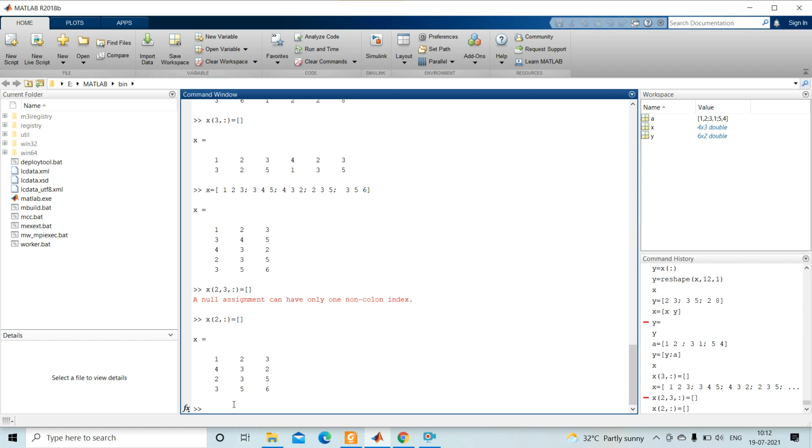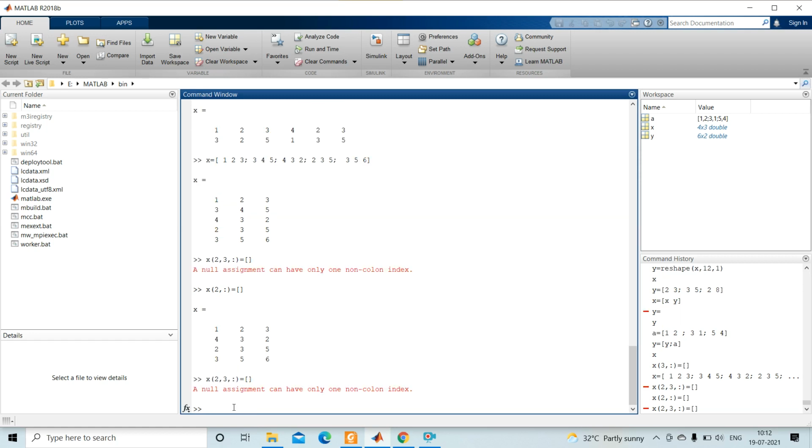Okay, if I want to write x, we have now 1 2 3 4, 4 rows. Okay, so if I want to write 2 comma, let's see what happens, column index.